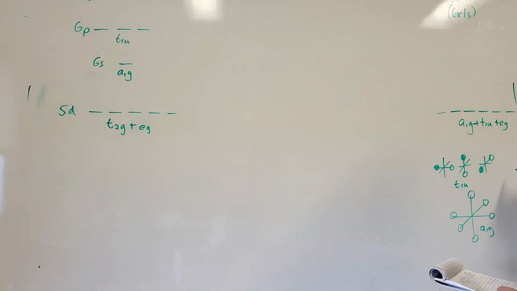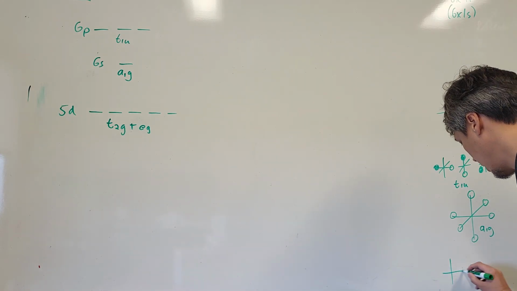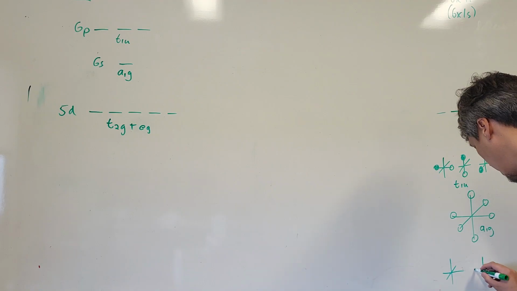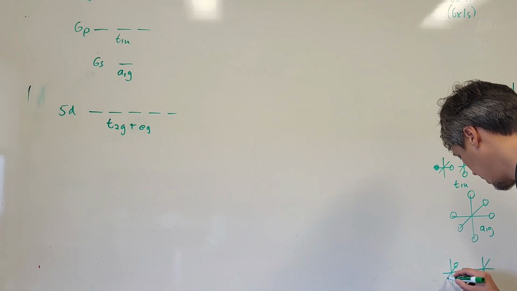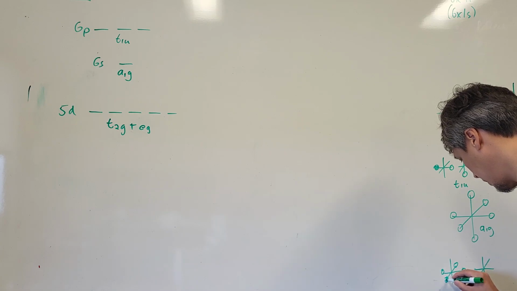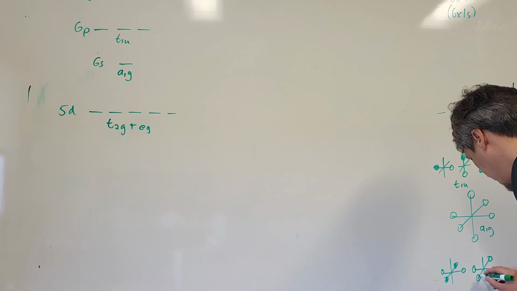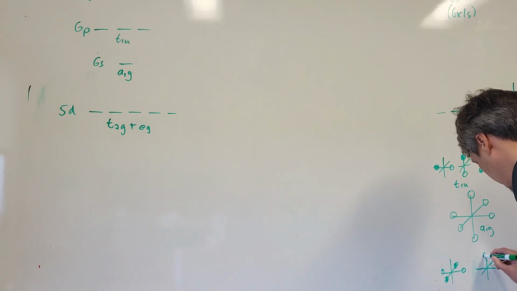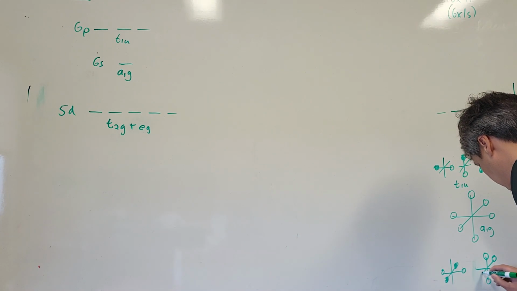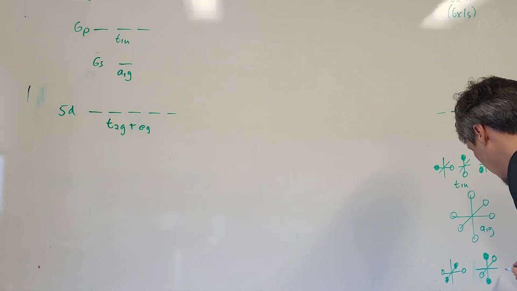And then the Eg, I'm just going to drop down here. It'll look like this. Rotated 90 degrees relative to the other one. And here's your Eg